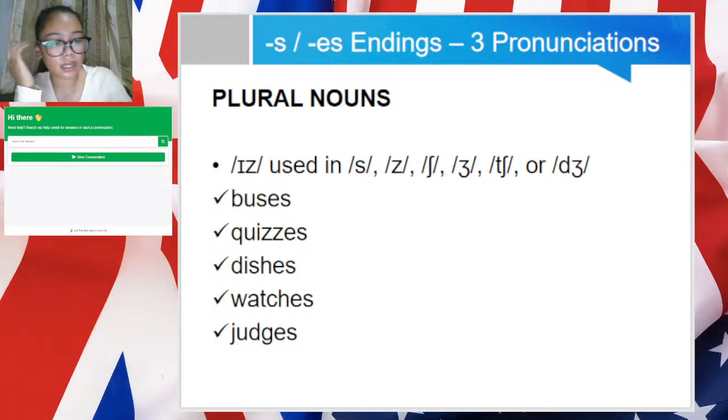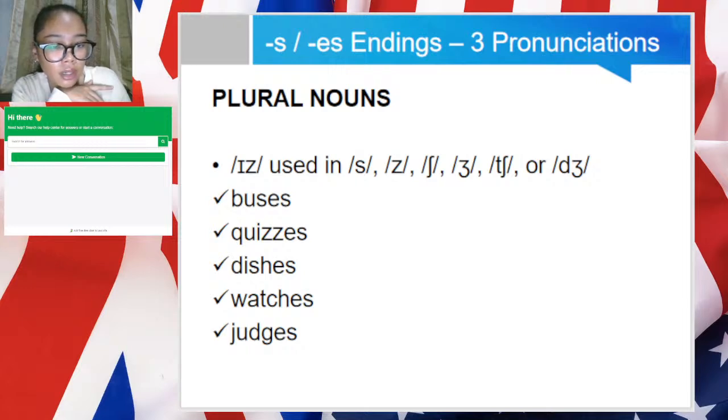There is a similarity. Here, you use the "iz" sound. So here you use this particular sound in plural nouns or other types when that particular noun or even